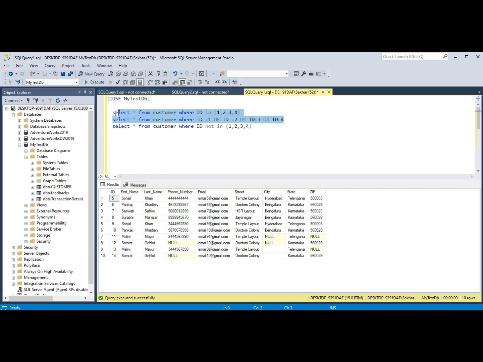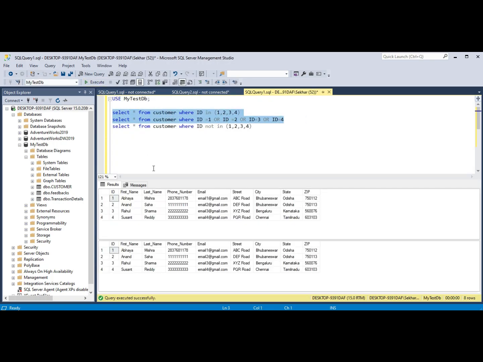Both these queries do the same thing, and if you can see, the result is the same. So just to avoid writing in this format, the IN clause makes it a little easier, so that you can mention all your inputs in a single section, and it will give you the expected output.